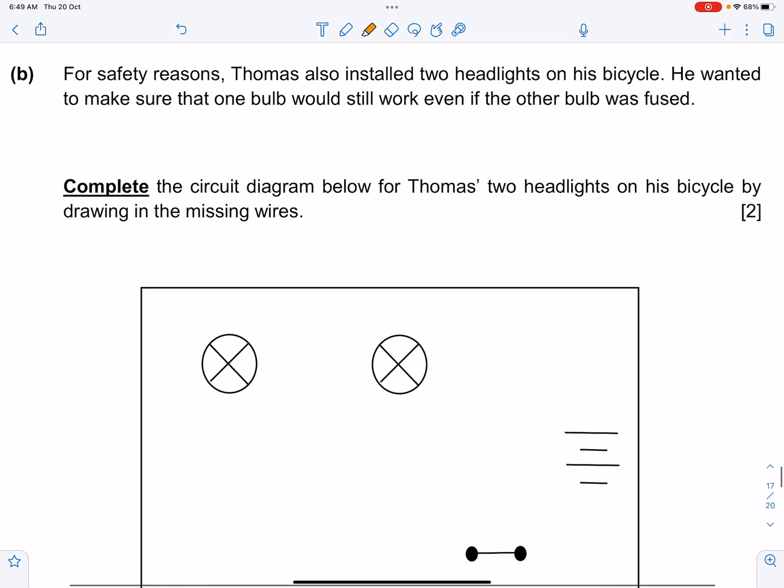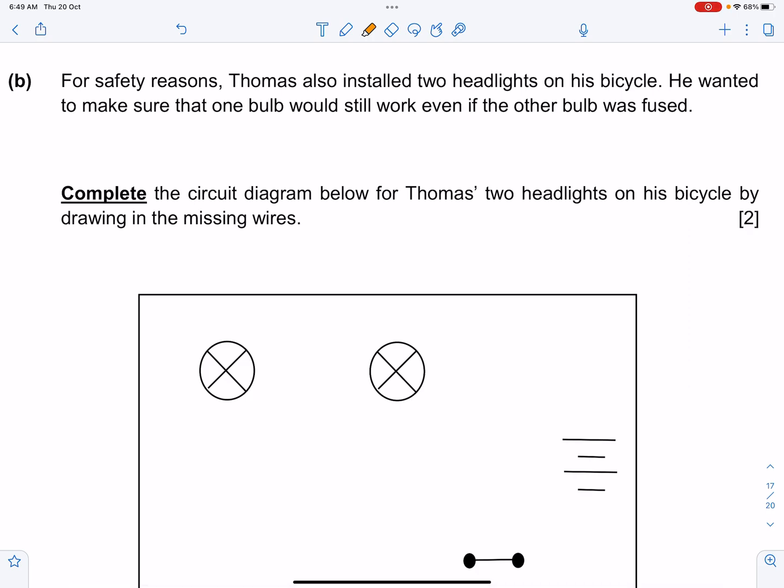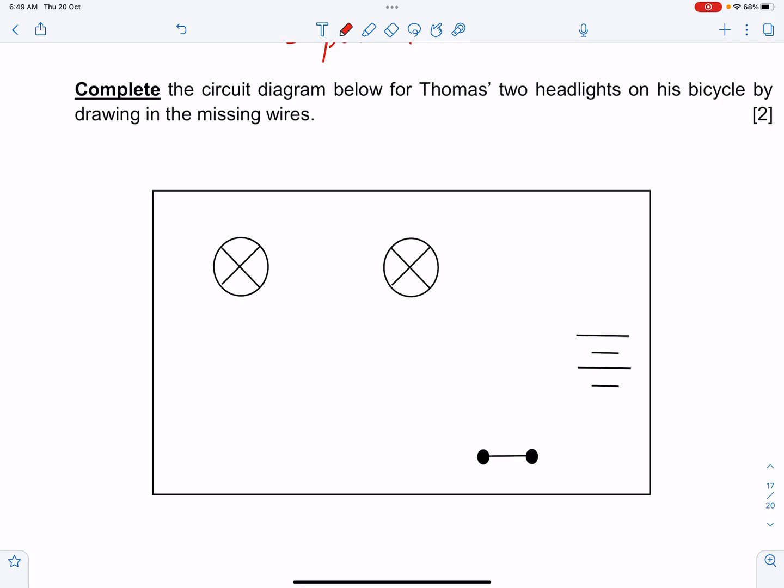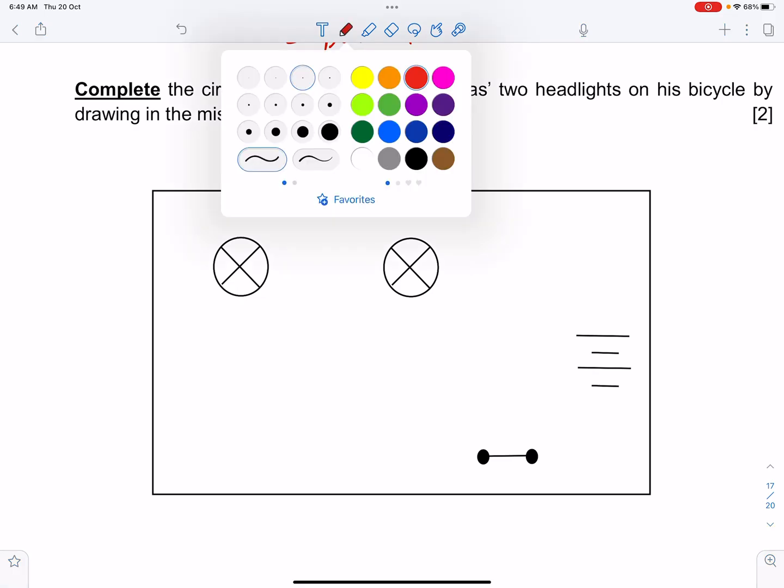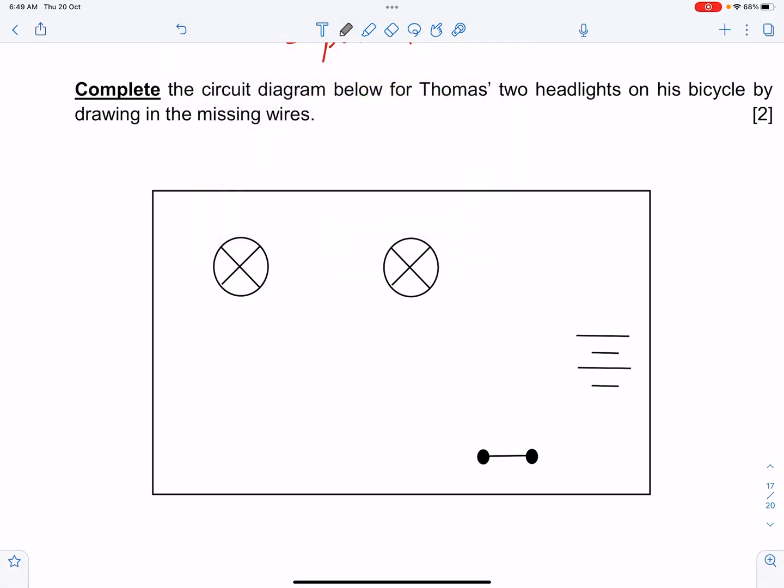Next, for safety reason, Thomas also installed 2 headlights on his bicycle. He wanted to make sure that one bulb would work even if the other was fused. Complete the circuit diagram. Okay, now, so this tells me straight away that I need to arrange this in parallel. There is no two ways about it. So we always know that, parallel, right? So rule number 1, please use pencil and ruler. I'm really stressing that. Now, your lines need to be straight and they should touch